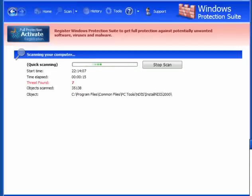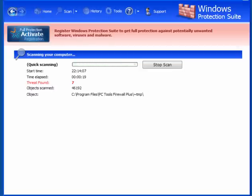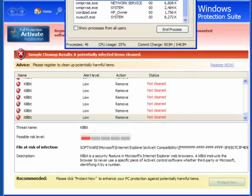Now, it's doing its scan, and it'll be interesting to see what it finds and see what it does. And many of you will already know from experience what it does do. And it will install a lot of stuff and find stuff that doesn't exist, because they want your money. It's that simple. And if they can cause you problems by removing programs and so on,